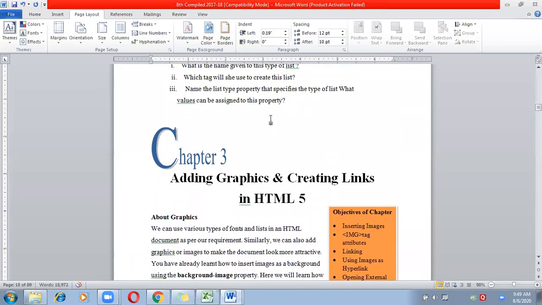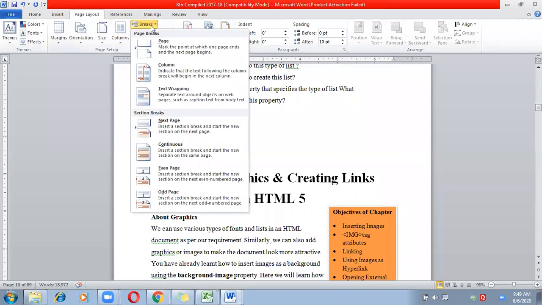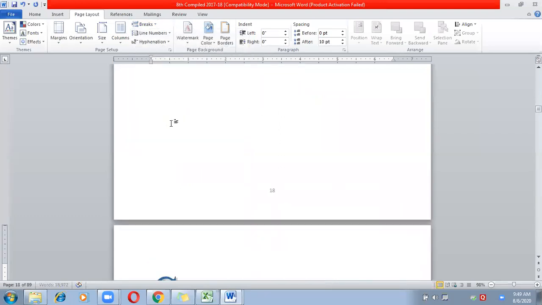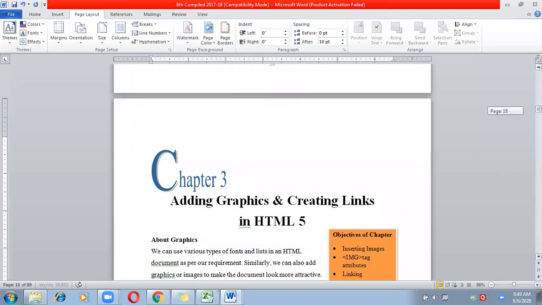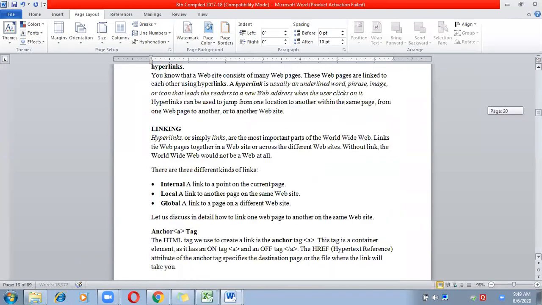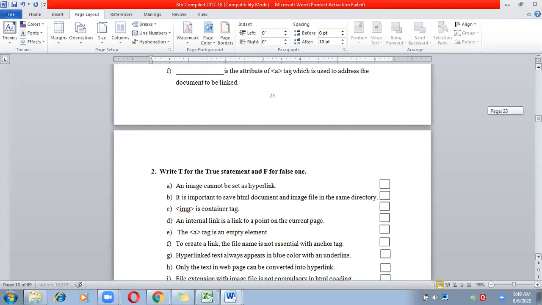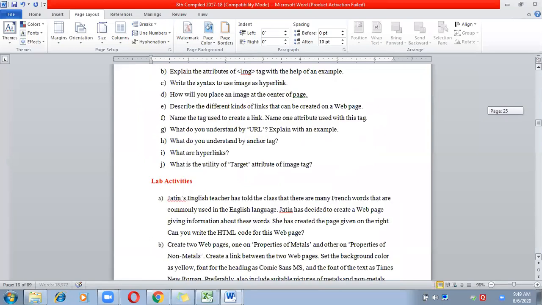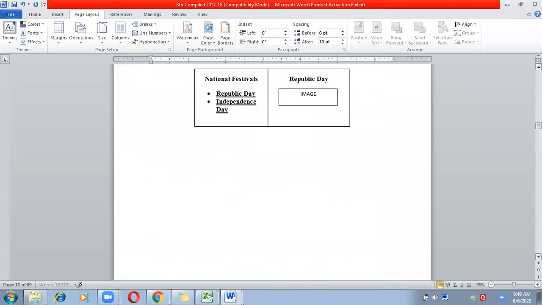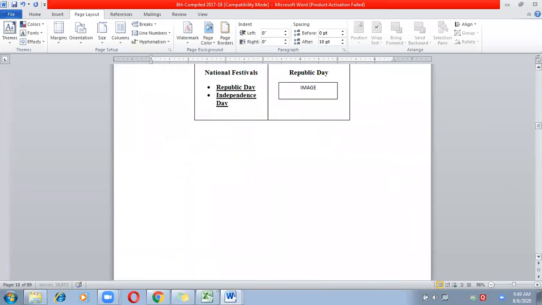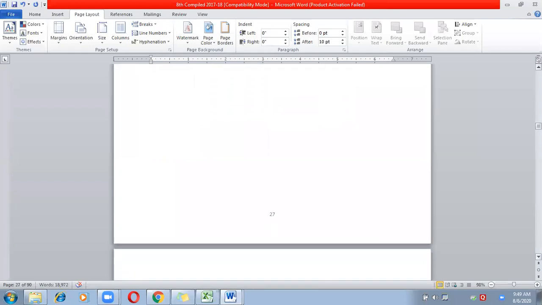From here chapter 3 is getting started, so here I'll put a section break. Go to break and then section break. Now the content is shifted to the next page, chapter 3, and similarly I am inserting till chapter number 4. So I think from here chapter number 4 is getting started.